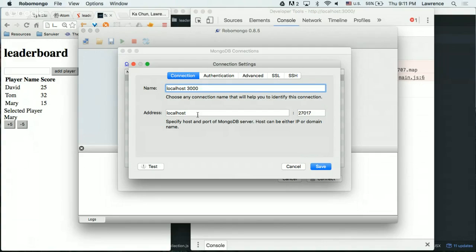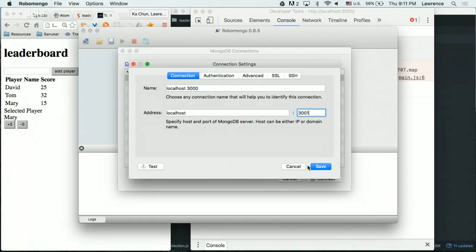So the address is called localhost. What port should we put in there? You're going to connect to your database, which is connected to what you're serving. 3000, right? But things don't work like this. In the computer world, the database is always +1 of the port you're opening. So if you're opening 3000, you type 3001. This is the default for Meteor, basically. They will create a database port just for you to access, but it's a +1 port for your normal 3000. So once you've done this, save.